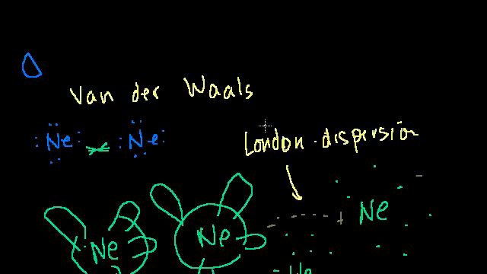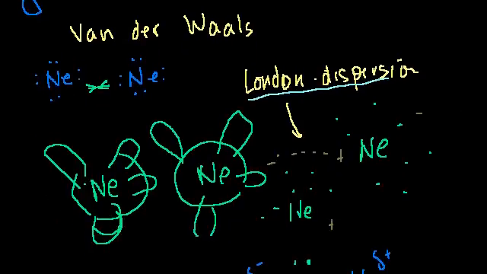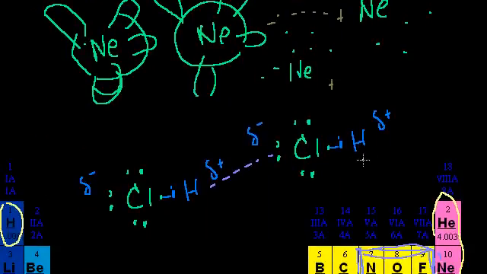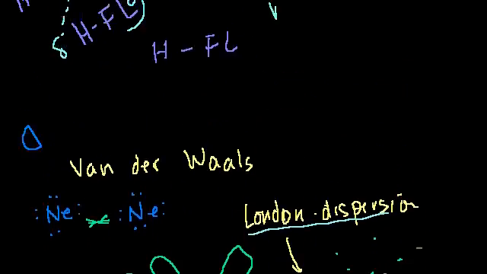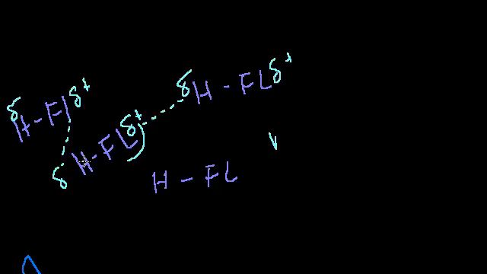So of the van der Waals forces, the weakest is London dispersion. Then if you have a molecule with a more electronegative atom, the molecule becomes polar, and you have the interaction between the positive and the negative side of the poles. It gets a dipole-dipole interaction. And then an even stronger type of bond is a hydrogen bond, because the super electronegative atom is essentially stripping off the electron of the hydrogen, or almost stripping it off. I mean, it's still shared, but it's all on that side of the molecule. And since this is an even stronger bond between molecules, it will have an even higher boiling point.